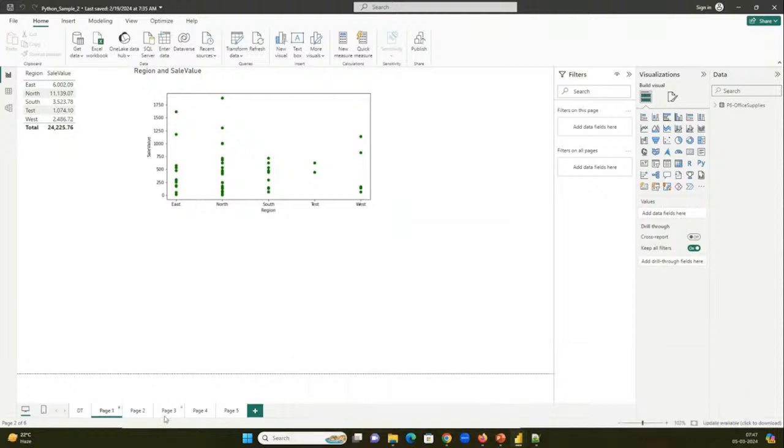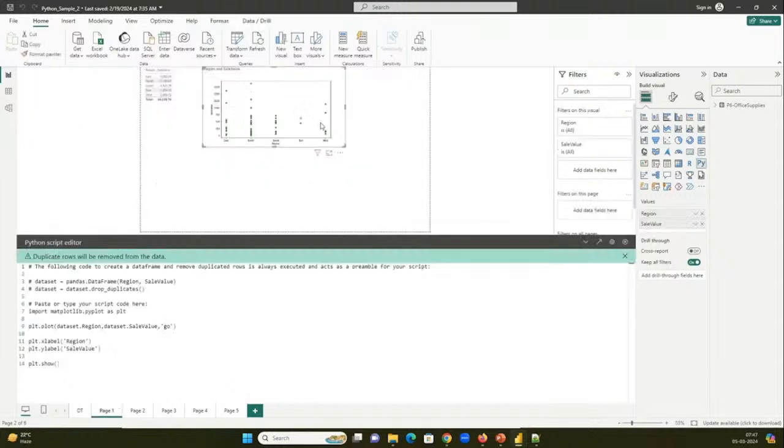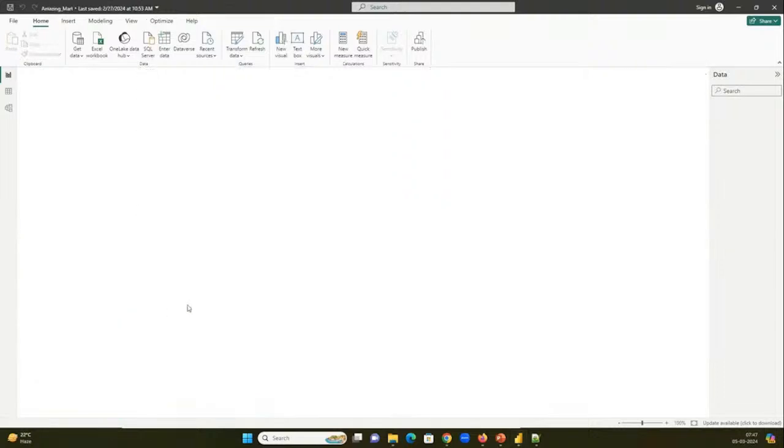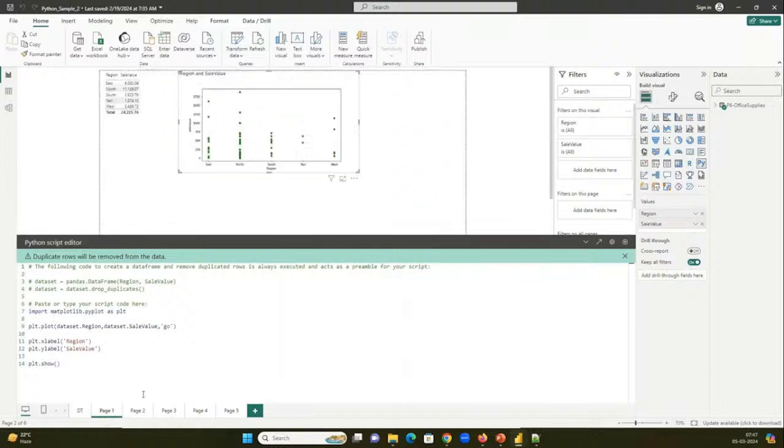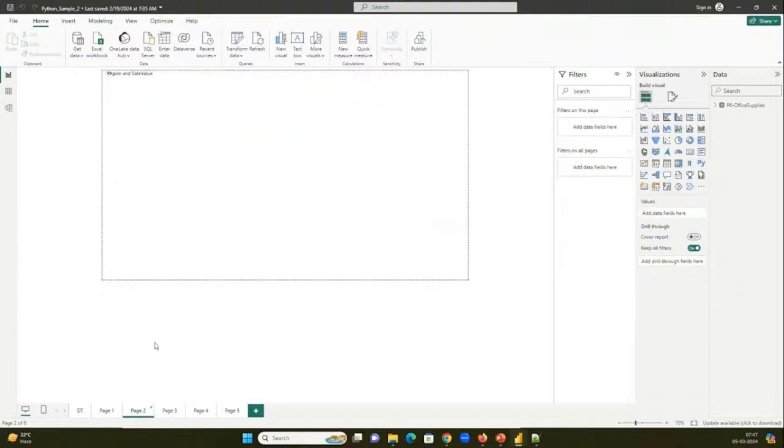So these visualizations are using Python. If you see at the bottom, there is a small script. This is not pure Python, if you ask me. How to write small Python scripts within Power BI for data transformation and then visualize as well will also be covered and taught in the Power BI session. There is a small graph that has been drawn using Python scripting, the matplotlib module, and